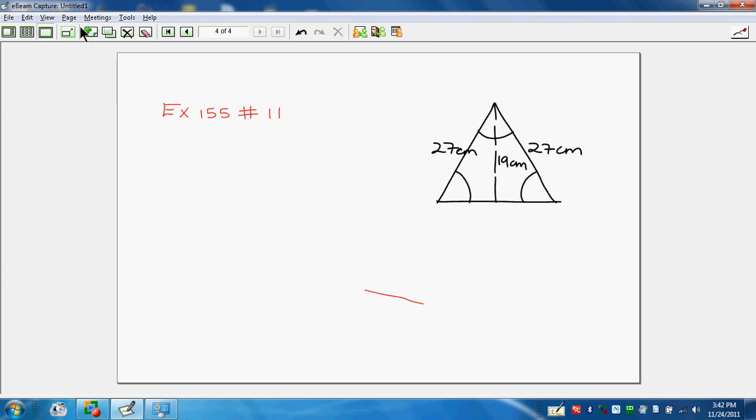So you're now looking at exercise 155, number 11. It says the equal sides of an isosceles triangle are each 27 centimeters long. So these two sides will be the same length, 27 centimeters long, and the altitude is 19 centimeters. So the altitude is shown there. Find the angles of the triangle. So we say, if we label it A, B, C, and we call this point here D,